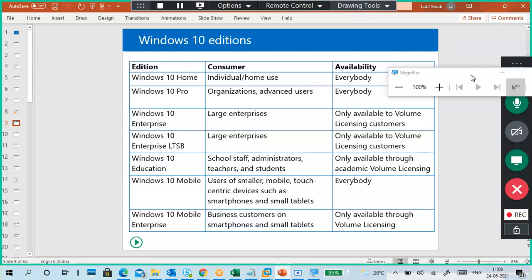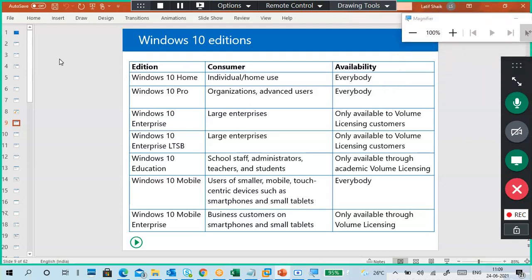Normally the Windows operating system was there very early on in some smart mobile phones. HTC, I think HTC mobile is there. Yeah, Lumia, what is it?